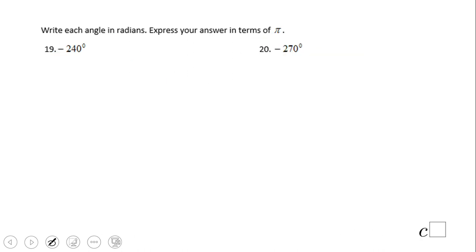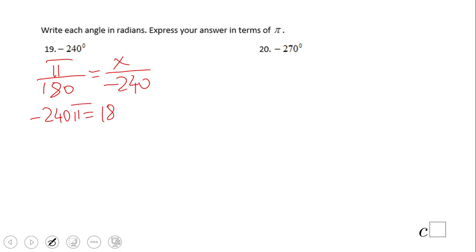The same story for number 19, the only difference is you have a negative 240. So pi over 180 equals x over negative 240. If the negative bothers you, you can ignore it at least until you get the answer, and then remember you have a negative sign. So what do we have here? Negative 240 pi equals 180 times x,